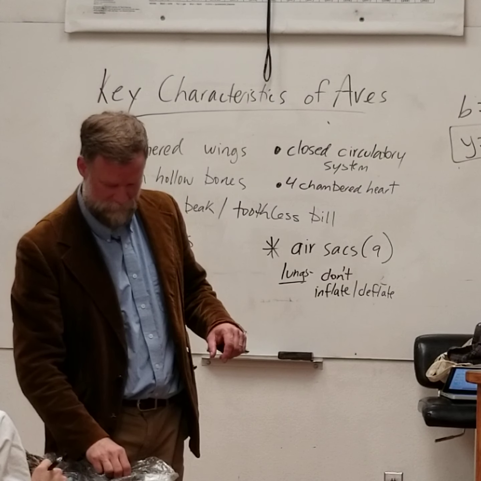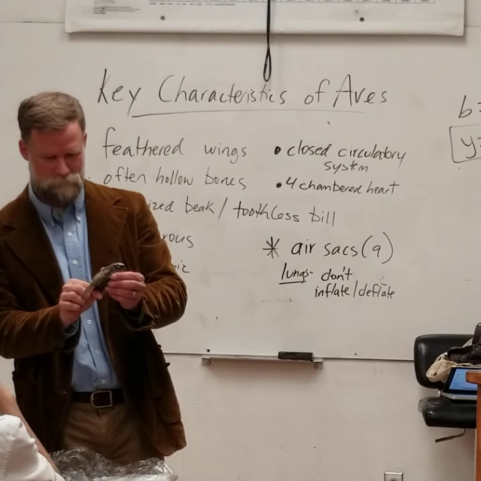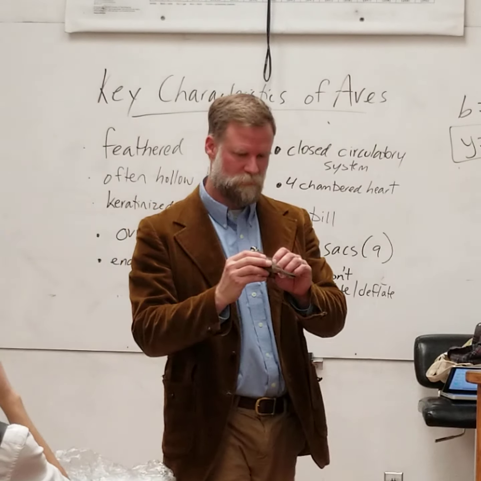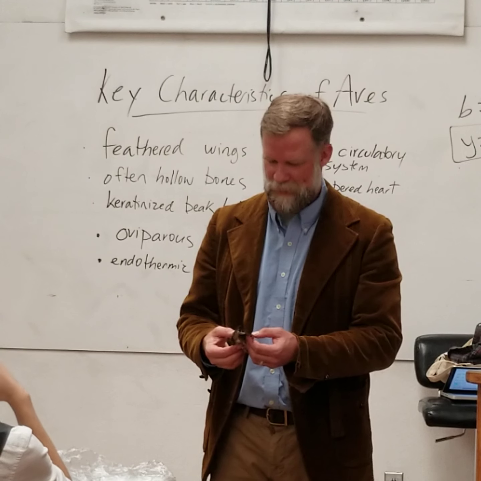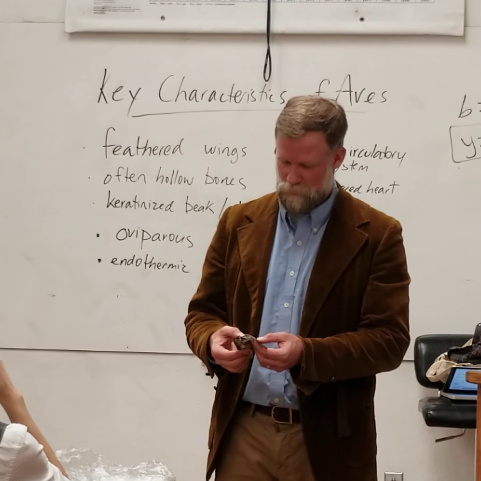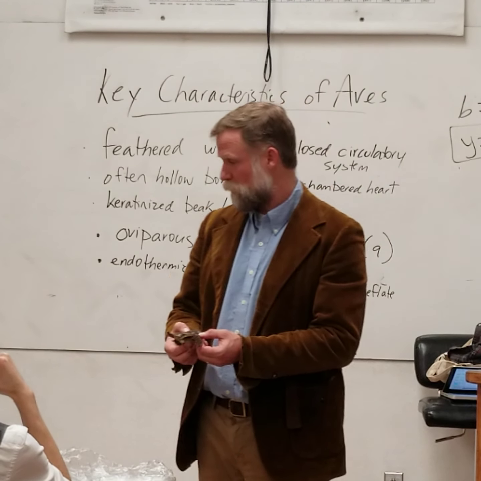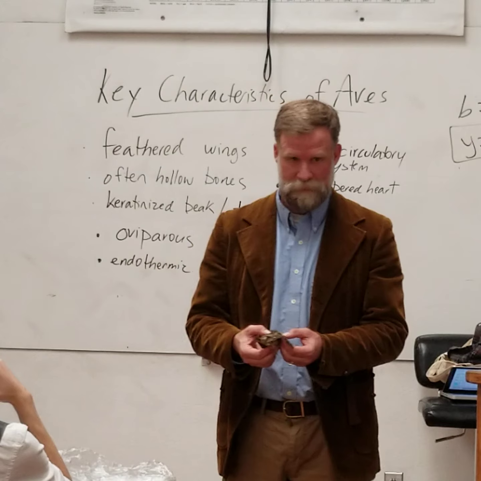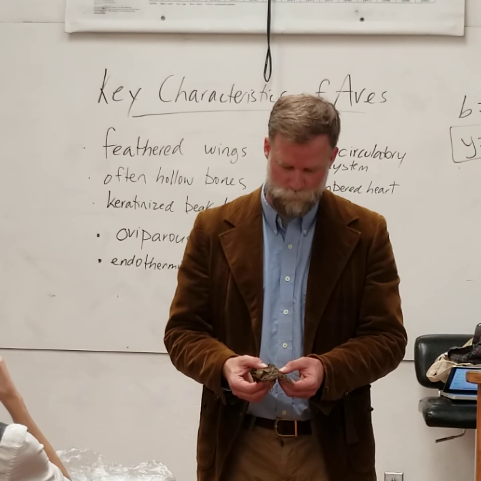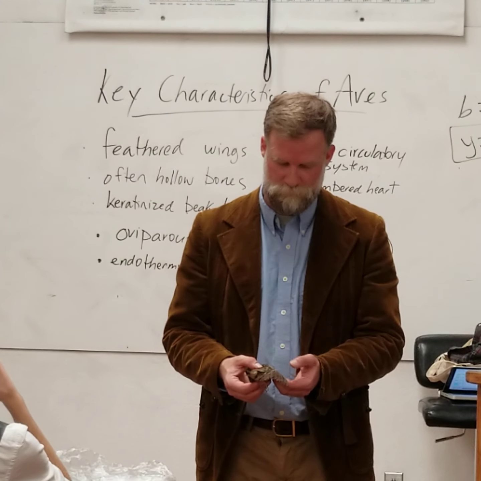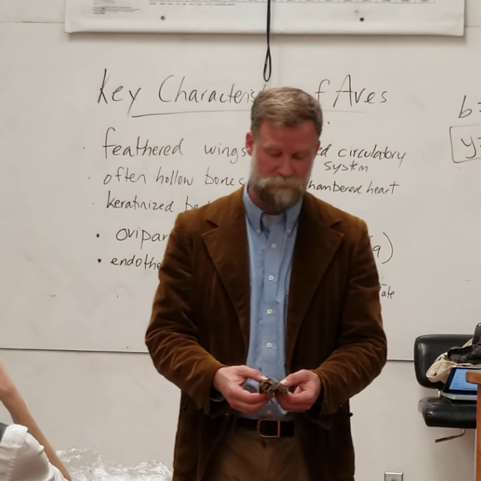Okay, let's talk external anatomy a little bit here, and just talk a little bit about feathers. There are going to be 3 scales at which you need to understand the anatomy of these creatures. One is internal anatomy, and we'll look at that on the slides. Another is gross general anatomy, which we already talked about: the presence of the keratinized beak, the keratinized foot and legs, the feathered wings. But also we're going to talk about general names and location of feathers. So there are multiple types of feathers on each bird.